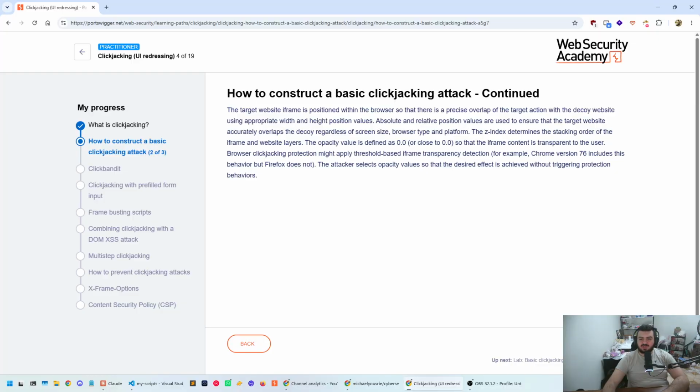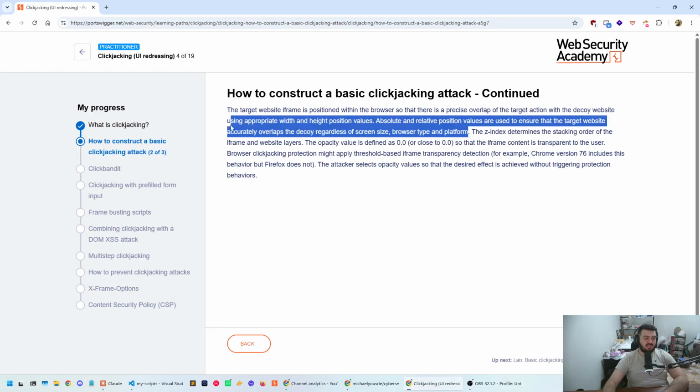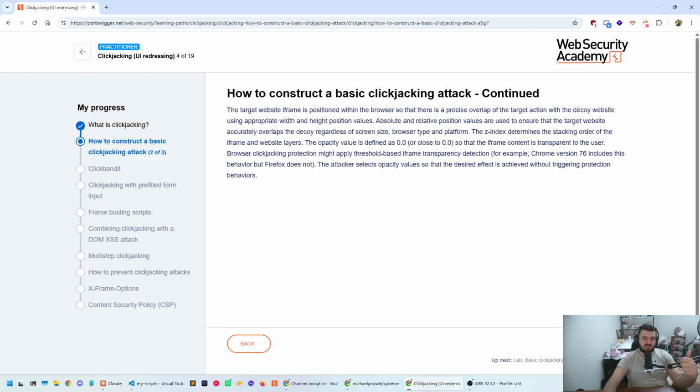Absolute and relative position values are used to ensure that the target website accurately overlays the decoy regardless of screen size, browser type, and platform. So this is why it has specific widths and heights, so you can actually control the width and height of both pages. That way, regardless of the screen size, the browser type, or platform, or whatever,